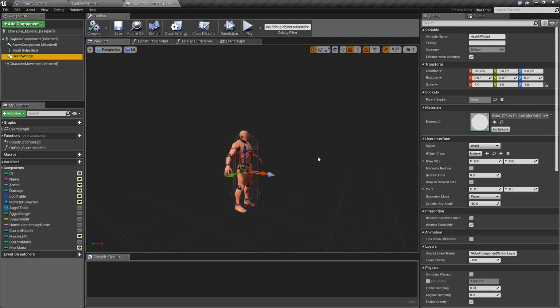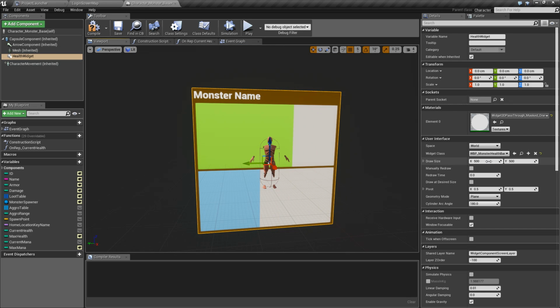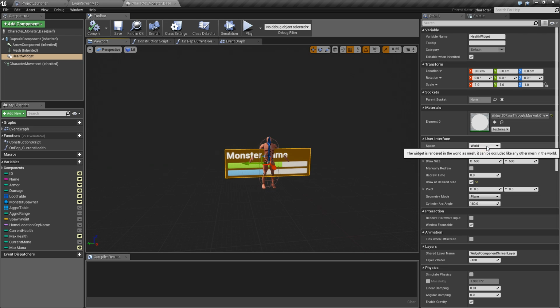We need a health bar somewhere in here. So let's see, widget class, health, monster health bar. Holy crap, that's huge. Yeah, this is where the brain always fails miserably at getting these things designed properly. So this is going to be fun. I want it in world space because I want it to be in the world. 500 by 500 isn't what I want, but